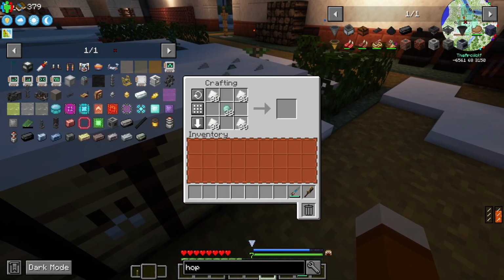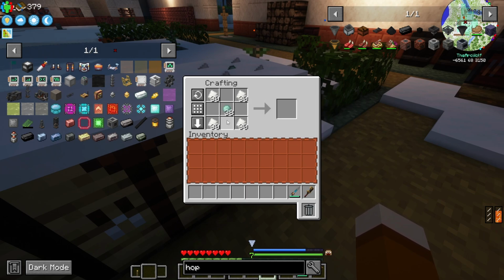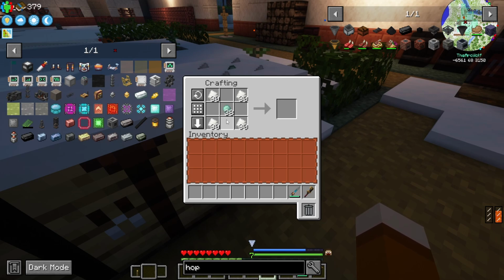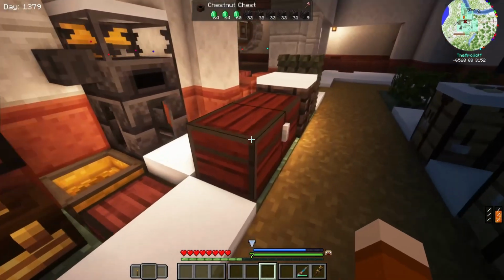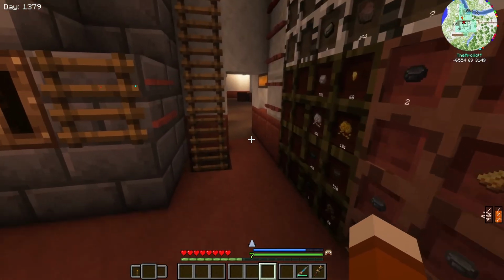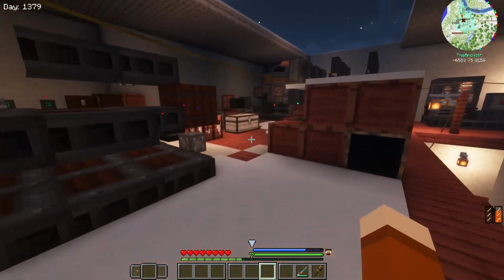Is my math off? I think my math is off. I think I need 156 more polonium, not 116. Well, then it's a good thing we're going to be AFKing because that's more than I'm capable of doing right now. Okay. Well,